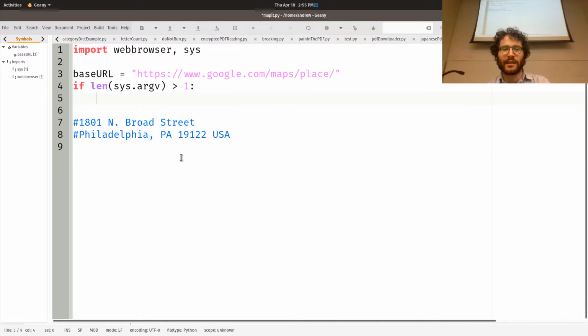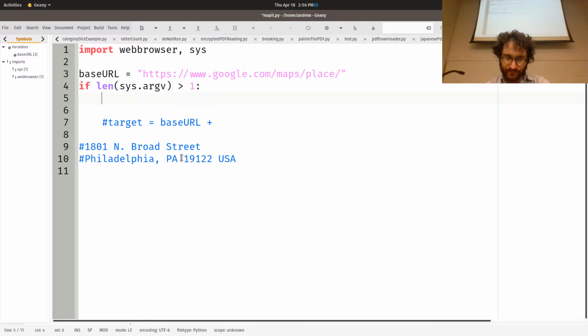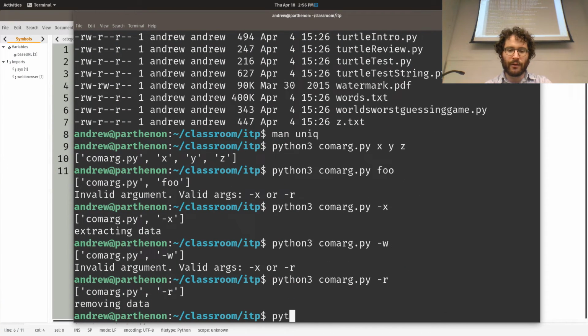So we'll say that basically target is equal to base URL plus, and then, well, actually, that makes it a bit tough. You might want to slow down here for a second. So I'm going to comment this out and come right back to it, because technically, let me just print out sys.argv, because I need to be more explicit as to what I want. Right? So if I run python3